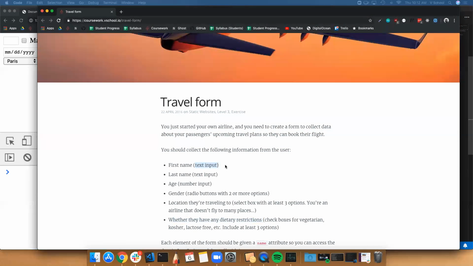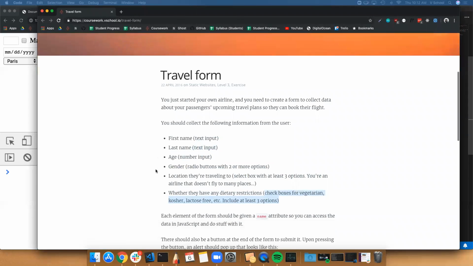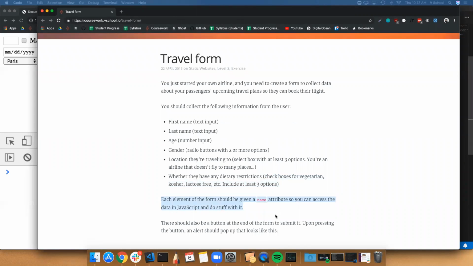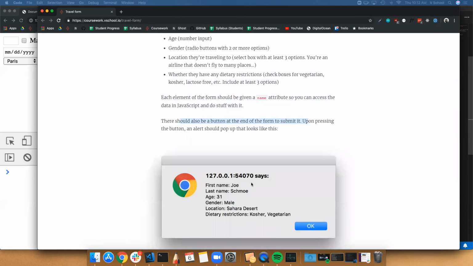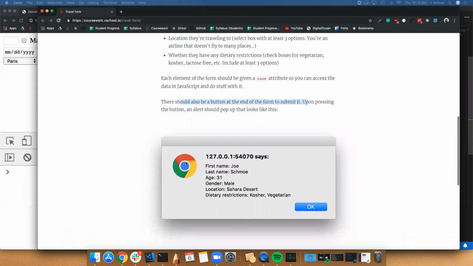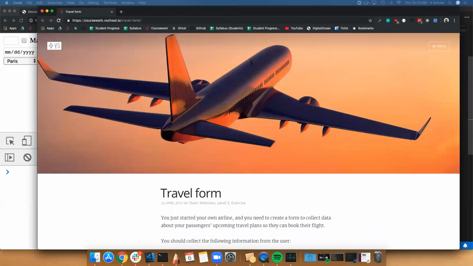The inputs you'll use: text inputs, number input, a radio button with 2 or more options, a select box with at least 3 options, and check boxes for their dietary restrictions. Remember, each element should be given a name attribute so you can access that data in JavaScript easily. And make sure you include a submit button. When they hit submit, use the alert function and make their data show up like this in the window. Once you get this to show up, you're done with travel form. So I will stop the